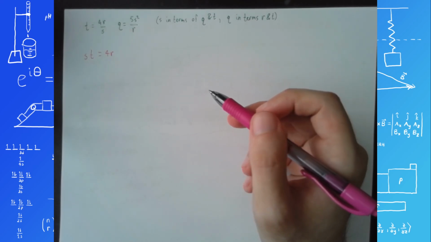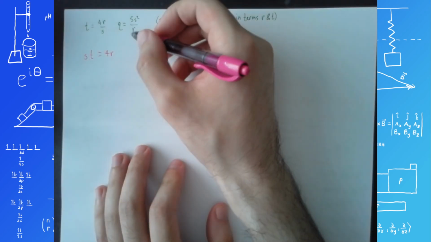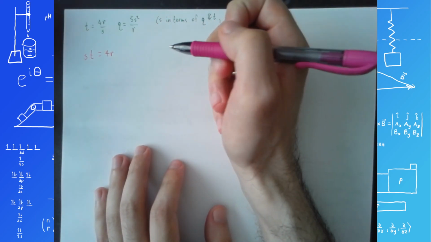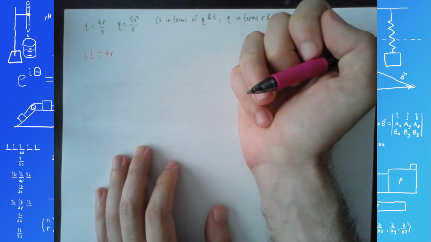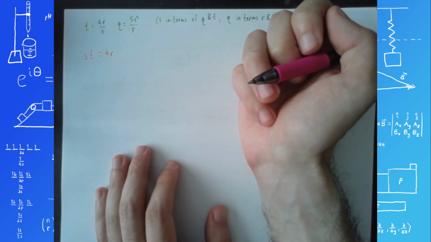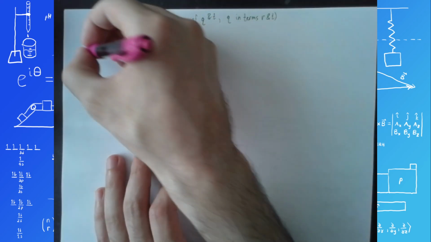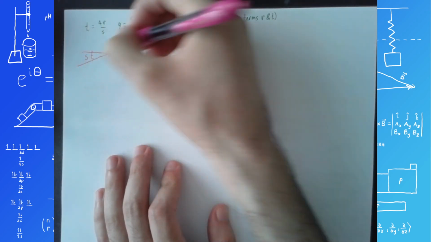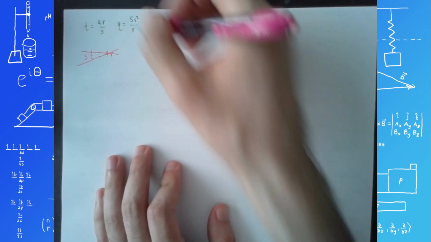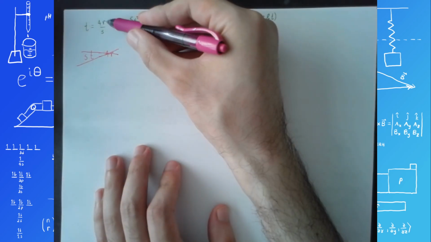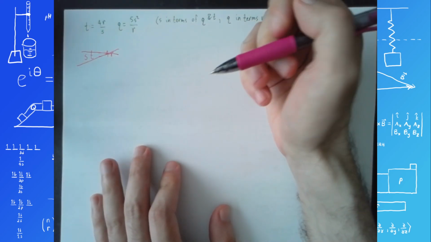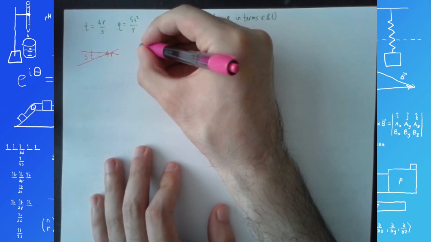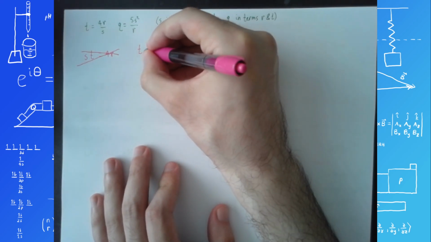I'm not entirely sure. Well, I guess this is one possible path we could take, but I'm trying to think of the most efficient path. If I want to get rid of R, I think the easiest way to do it would actually be to just multiply these together, because I see that one of them has R in the numerator and the other has R in the denominator. So if I do T times Q,